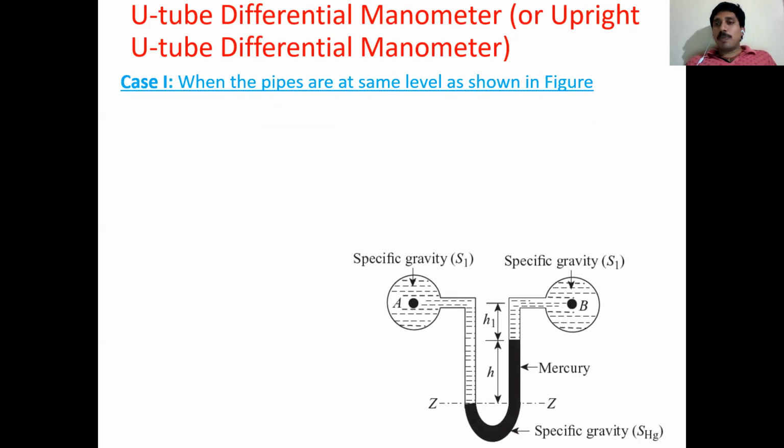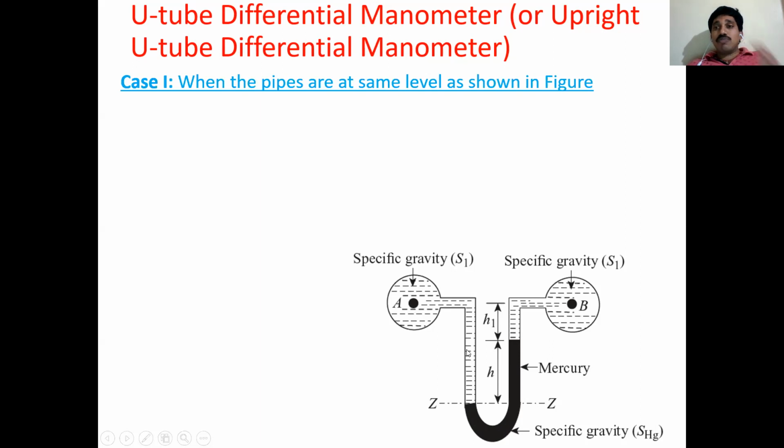I have prepared an upright U tube manometer with two pipes at the same level. I have taken two round pipes, pipe 1 and pipe 2, in which I took 2 points, pressure point A and pressure point B. The pipes are connected with a U tube manometer, as shown here, in which we maintain a heavy liquid. Heavy means highest density, the heaviest liquid in nature. So we keep mercury in the bent tube or U tube, which is coloured black.